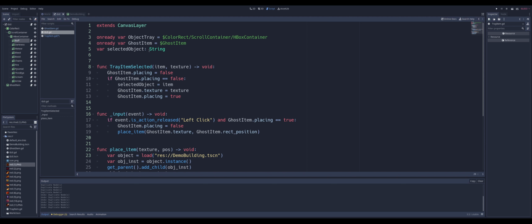And then we'll have an object for a selected object, which will just be a string. If I didn't mention it, my ghost item, that's on my GUI there at the end, that's outside of everything else. And that's just a texture rect